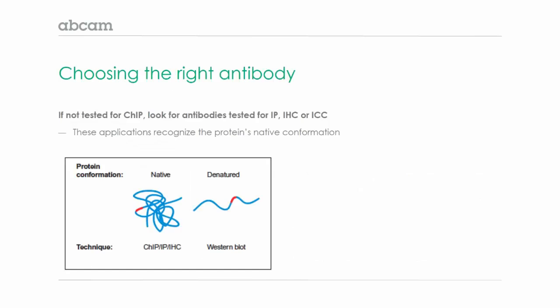If an antibody is not tested for ChIP, but you're interested in trying it out, look for antibodies that have been tested for immunoprecipitation, immunohistochemistry, or immunocytochemistry. These applications recognize the protein's native conformation, similarly to ChIP, rather than a Western blot-only antibody that might only recognize a protein in its denatured form. If you'd like to test one of Abcam's antibodies in ChIP, you can use our AbTrial testing program, which I'll